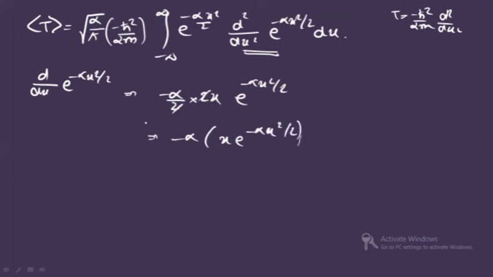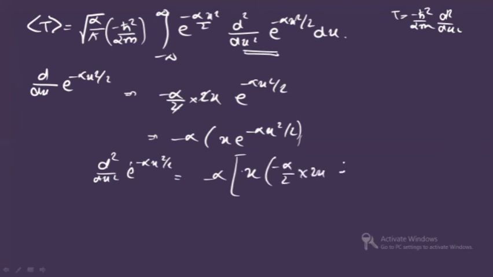All right. Now again you will differentiate this term. So this time d²/dx² of e to the power minus αx²/2. Minus α I'm keeping outside. So first differentiate keeping x first, and I will differentiate this term. It will give me α/2 into 2x e to the power minus αx²/2. Next I will do plus. This time I will keep the exponential term, and d/dx of x is 1. So you will have e to the power minus αx²/2. Clear?